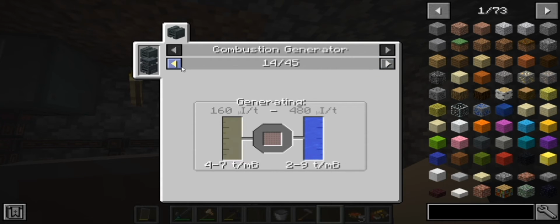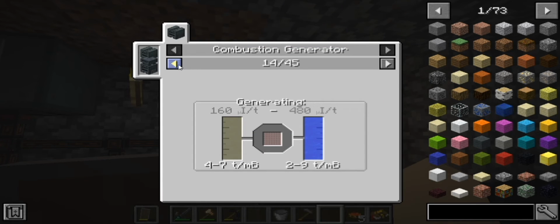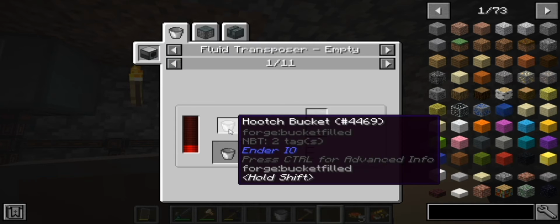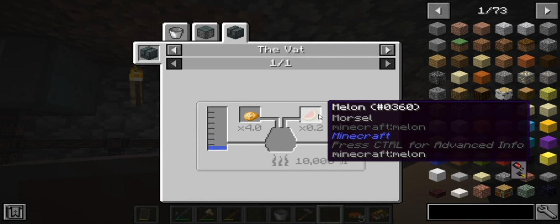This one does 80 to 240, so yeah, rocket fuel is better. So gunpowder and redstone is pretty cheap. Hooch is the biggest thing. Making hooch to turn into fuel is going to be the biggest part, right? Because we need...